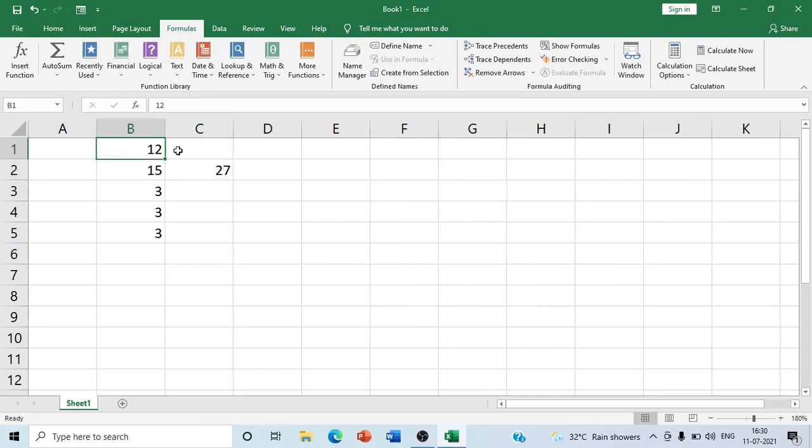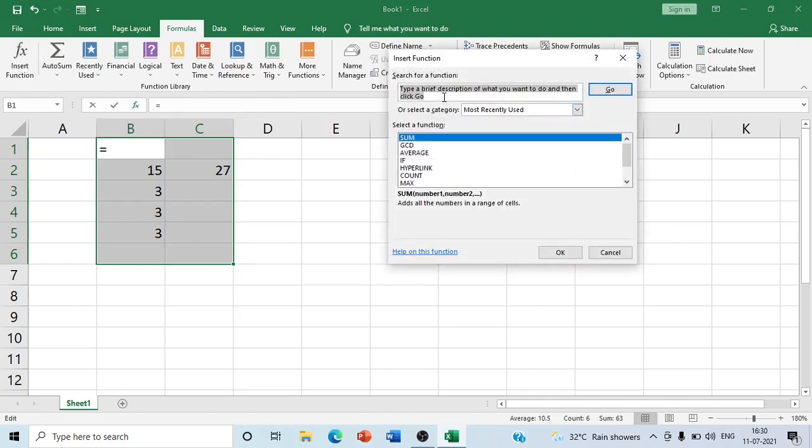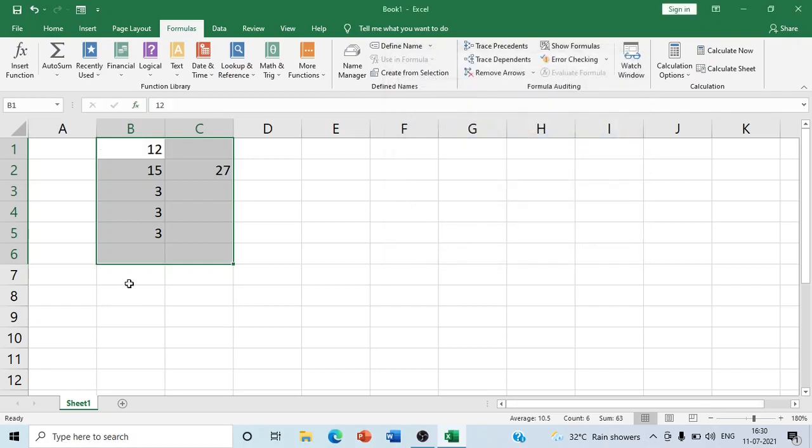Okay, so I hope you understand how to use the formula function library. The function library is categorized into many categories, and all categories have different kinds of functions. If you don't know the function's name, then you will go to Insert Function and search by function name or function description from here. You will get the desired function which is already defined in Excel.